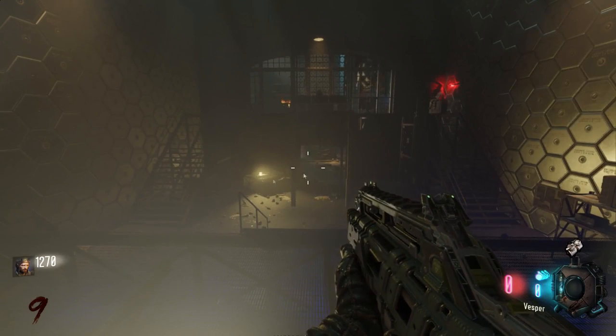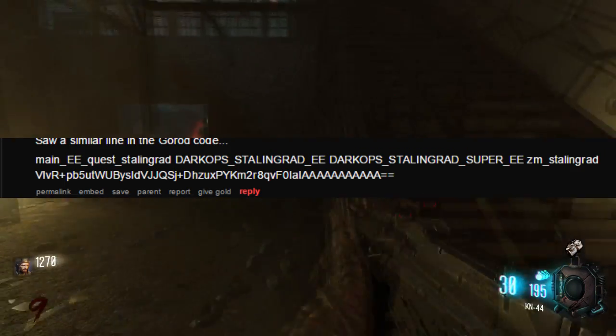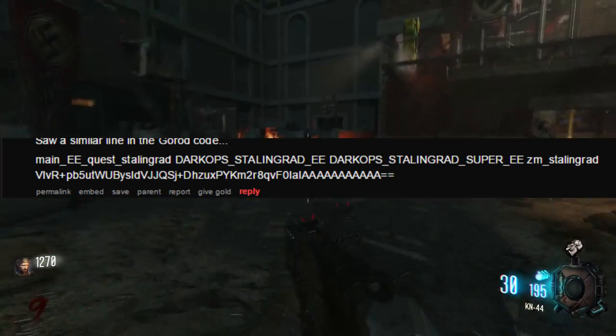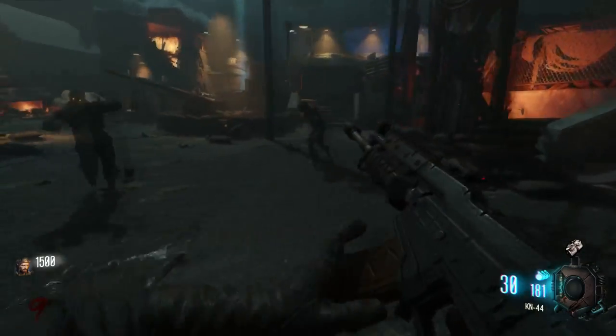Here's another one, very interesting here. Main Easter egg quest, Stalingrad. Obviously the Grad Easter egg. Dark Ops Stalingrad Easter egg, Dark Ops Stalingrad super Easter egg. Now, I want to talk about this for a second because it's really interesting. Obviously, I'm going to go into talking about the wonder weapons, the chicken Easter egg, whatnot, but for a second